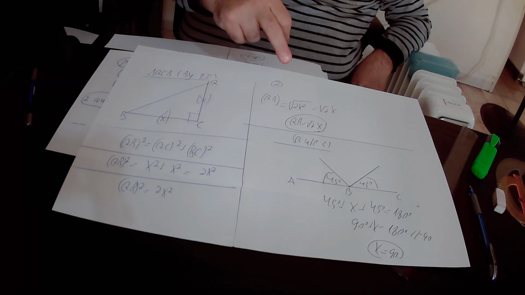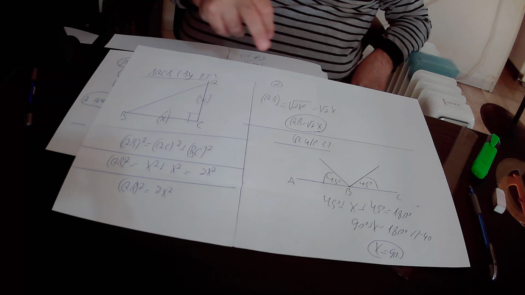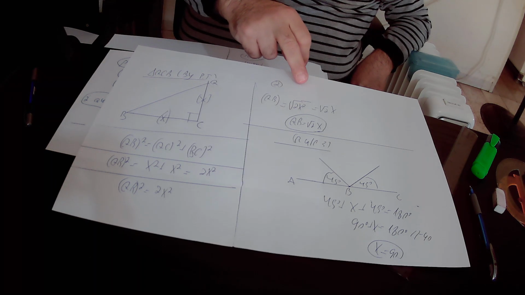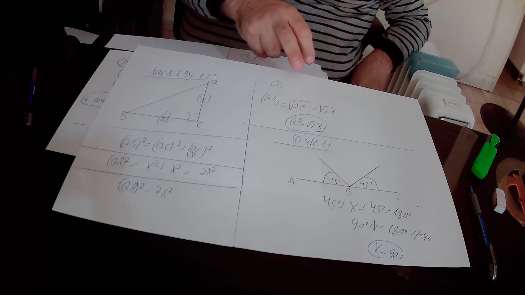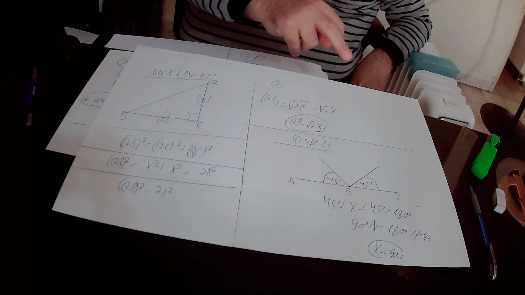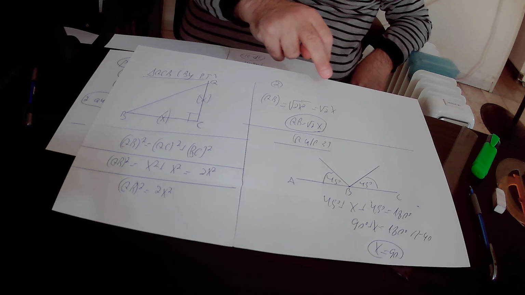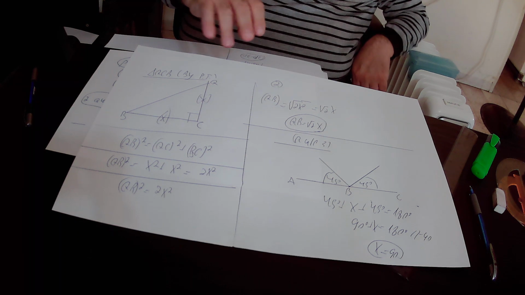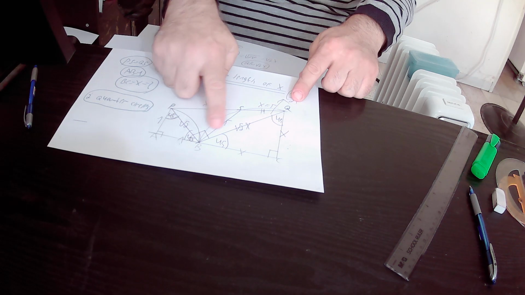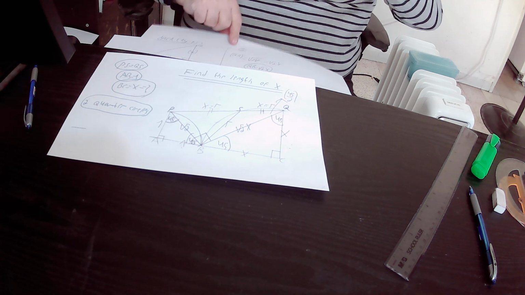We took the square root of this equation and finally found that QB, the length of the hypotenuse QB, equals the square root of 2x square. The square root of 2x square is the square root of 2 times the square root of x square, which is x. So in total, QB equals the square root of 2 times x. Here, the hypotenuse QB equals square root of 2 times x. Okay, then